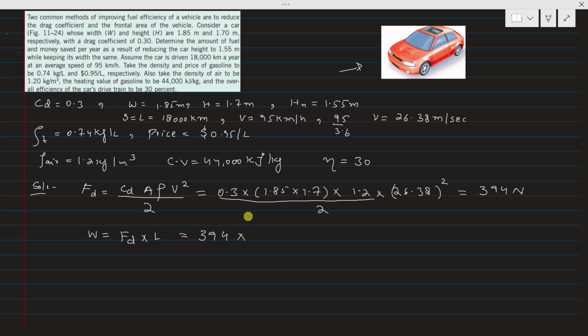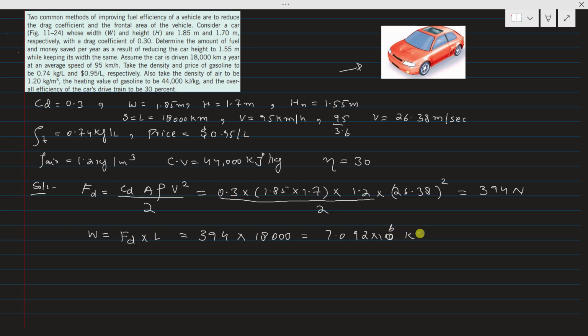The distance it covered is 18,000. After solving, you will get the work that overcomes the drag force that is acting in the opposite direction of the vehicle speed, and it is multiplied by 10 to the power